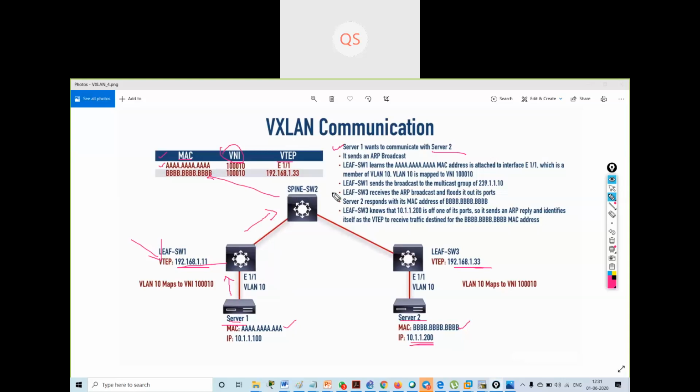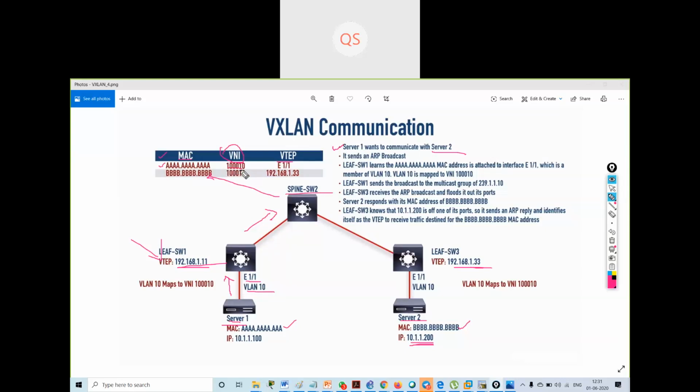This switch will form this table. It will say that it has just learned the MAC address on Ethernet 1/1, and that switch also has a mapping table that says VLAN 10, to which server 1 belongs, maps to VNI 1010.